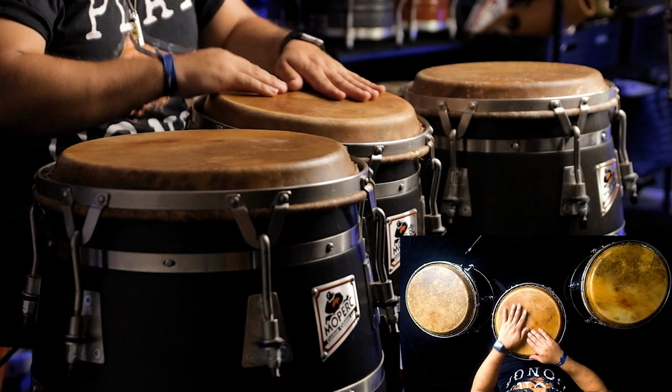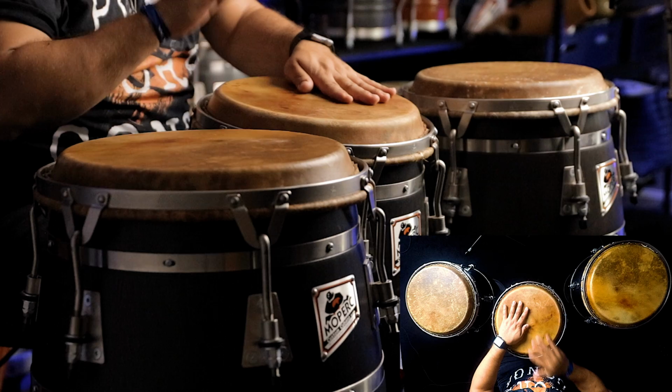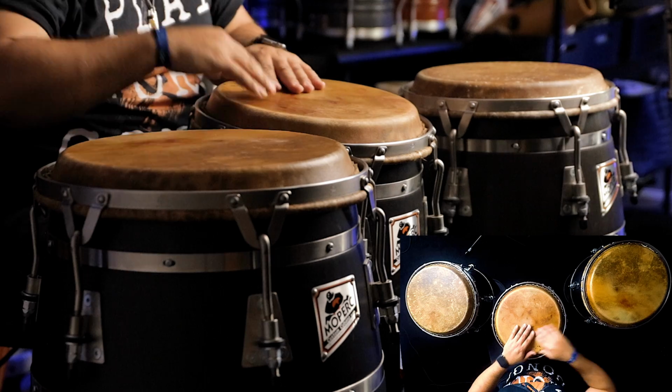And then to wrap up the first half of this pattern, what I actually do is an open with my dominant hand, and then a bass with my non-dominant hand, and then a close slap with my dominant hand. So it's gonna sound like this. So to put that together,